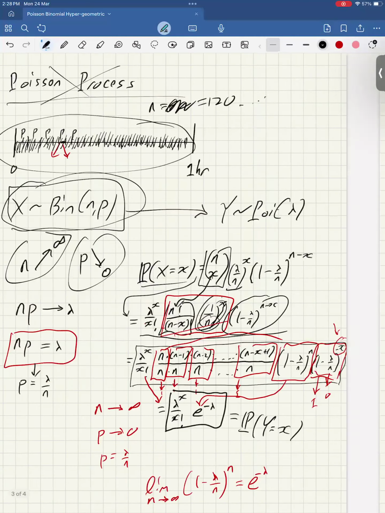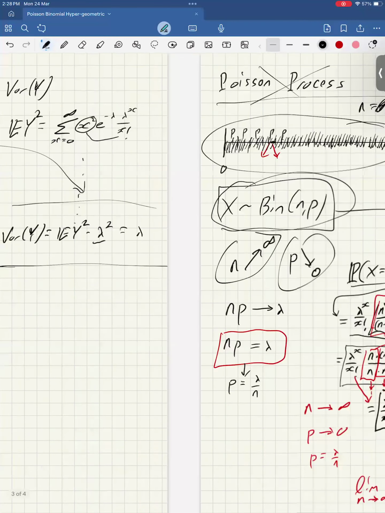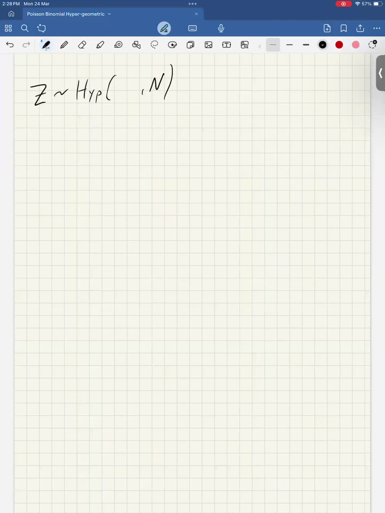All right, so if Z is distributed hypergeometric with R and little n and N, let me see that that's how I parameterized it here at the start. No, I put the order different. I'll put N, R, and n. That maybe makes more sense. I'll explain in a sec. Then, first of all, let's say what that means. That means that the probability that Z equals X, and I'm just going to give a formula at first,